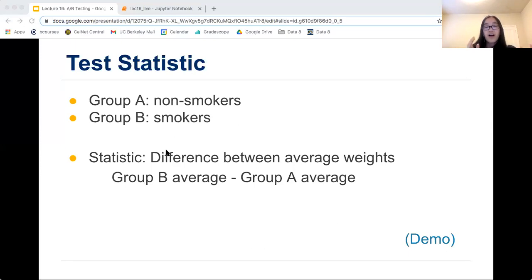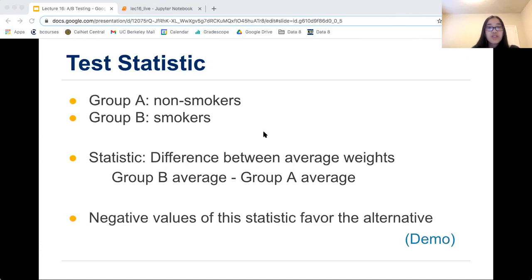So if you have a lower value minus a higher value, will we expect that statistic to be more negative or more positive? Or would you be looking at the left or the right? Yeah, negative. So negative values of the statistic will favor the alternative.